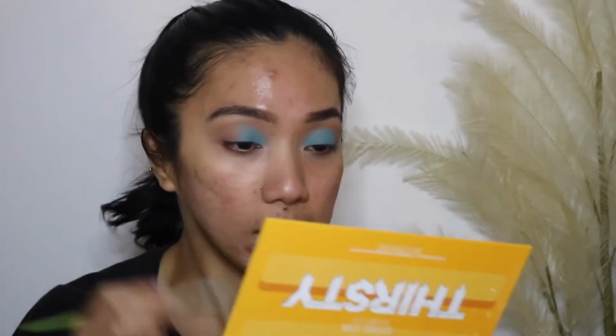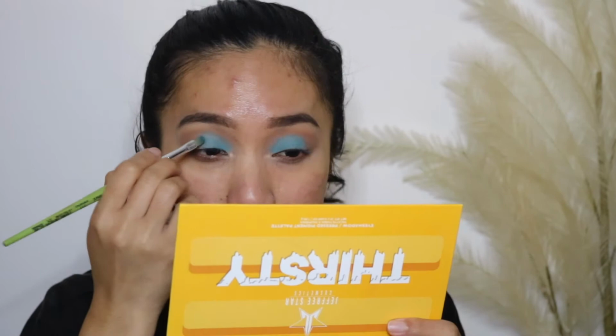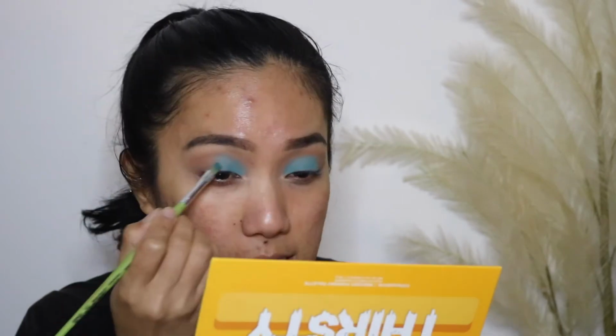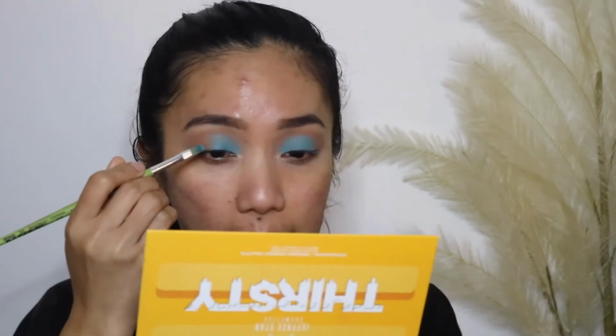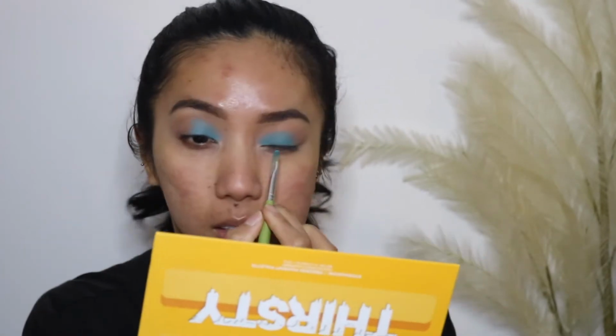I only have very light concealers. Now, if I pack it on, it looks fine, but then as I blend it, it kind of oxidizes. As you can see, the edge is already darkening up. But the fact that it shows up on my lid, I always try to get past it, because it's very rare for me to find an eyeshadow that